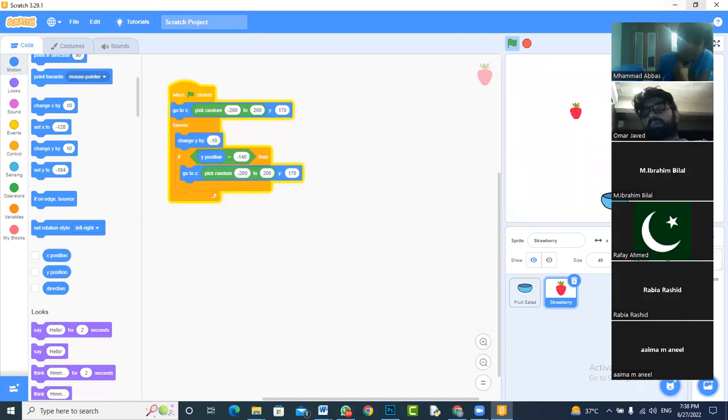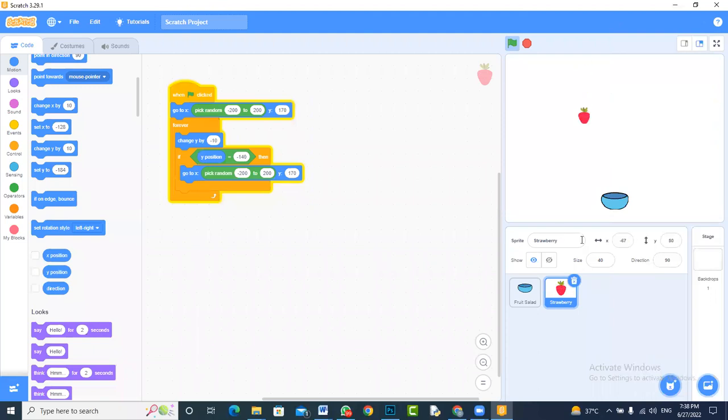Yes. अच्छा, अभी अगर ये स्ट्रॉबेरी यहाँ तक आ गई है तो अब हमें we have to decide what happens when this strawberry is collected by the bowl. उसके लिए हम एक और इफ ब्लॉक यूज करेंगे, बिल्कुल इसी